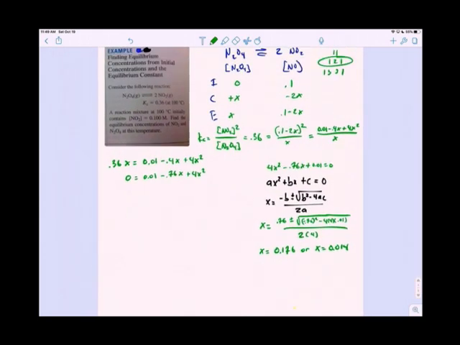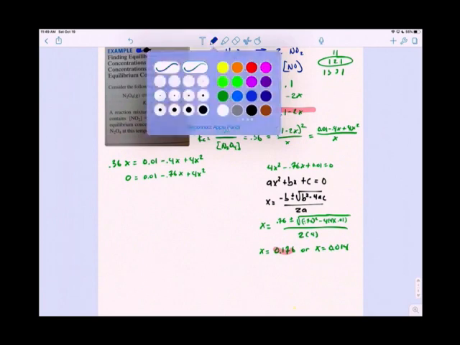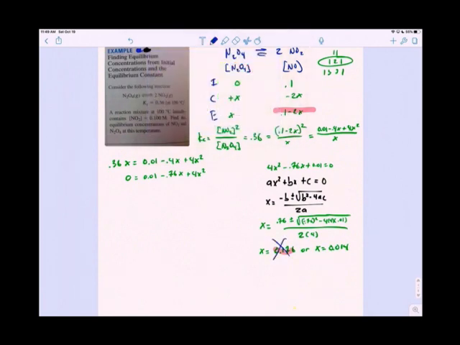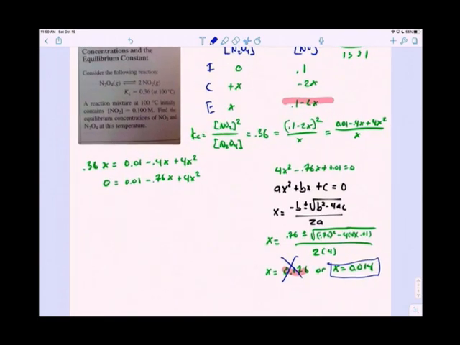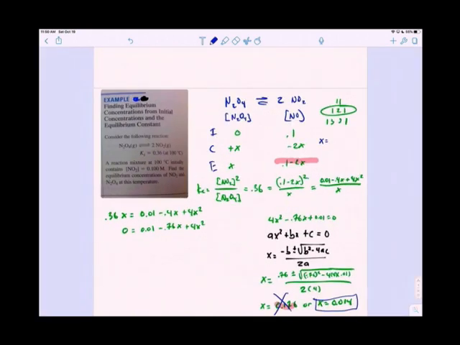Now you have to figure out which one of these makes sense. So if you look here, so you have the concentration of nitrogen dioxide there. So it's 0.1 minus 2x. If you do this one here, that means that this 0.1 minus 2x is a negative number. And you're like, I've discovered antimatter, give me my Nobel Prize. No, it doesn't really work that way. That's the erroneous mathematical solution. This is the proper mathematical solution. So we have to use that one there,